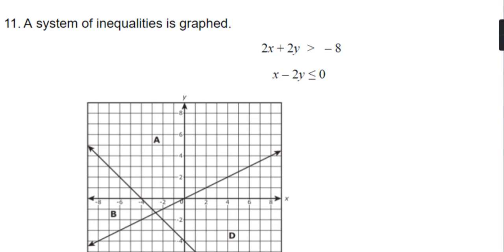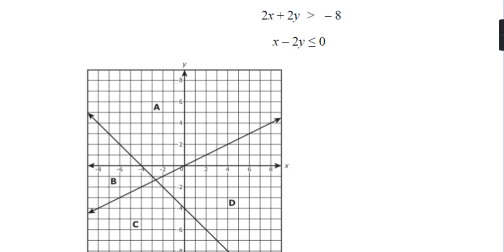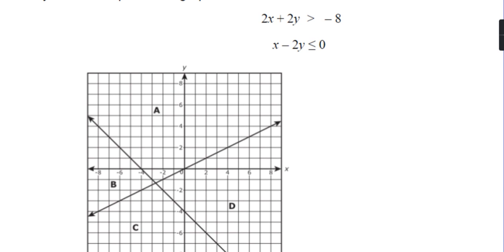2x plus 2y is greater than negative 8. X minus 2y is less than or equal to 0. And the question is, which region in the graph represents the solution set of the system of inequalities? So you could try to graph it yourself, try to match the lines, figure out which one's which, and shade